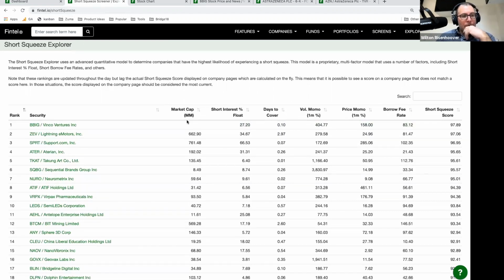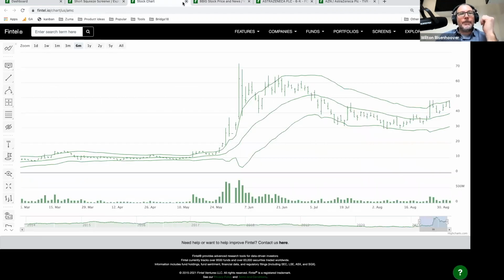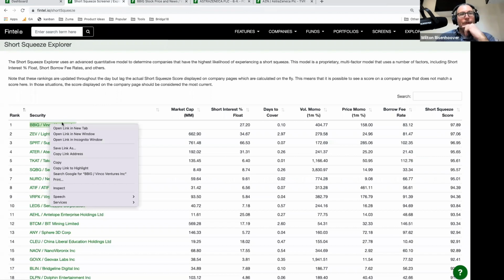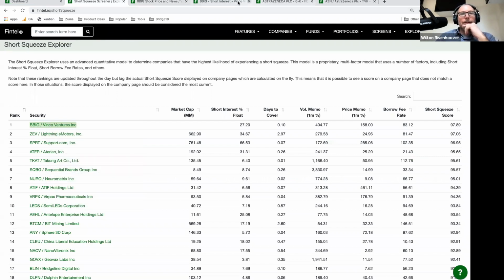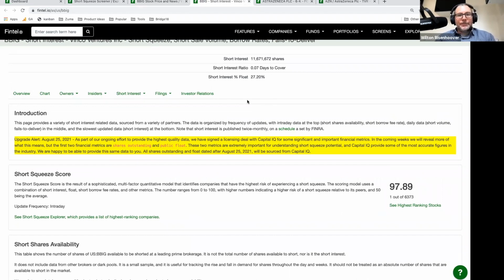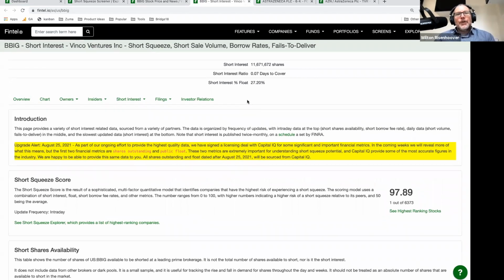Okay, questions? I'll keep going if I don't hear anything. So let's talk about how to read the short interest data. I'm going to go ahead and click on Vinco Ventures because it's at the top of our list. So I'm going to slide through here. Short interest over float is a really important number, and